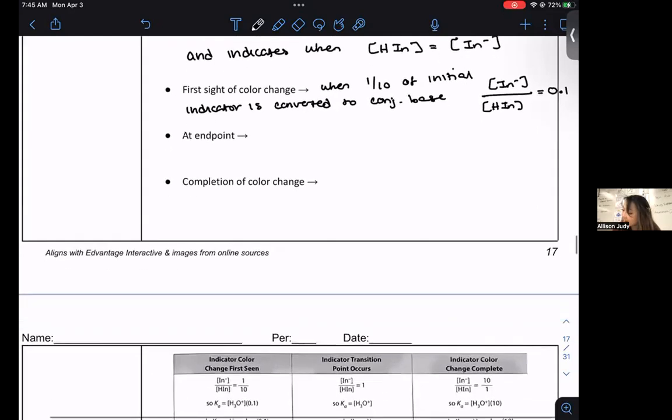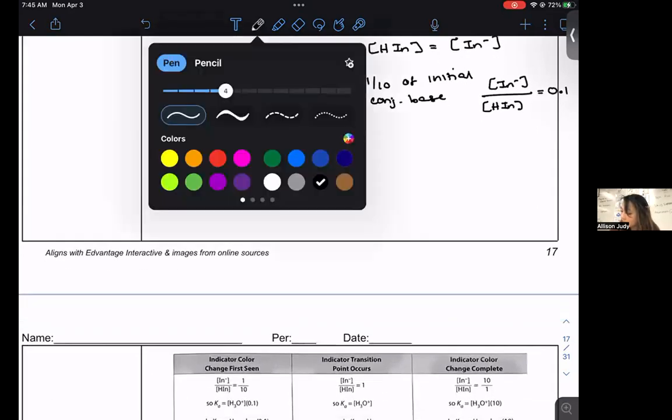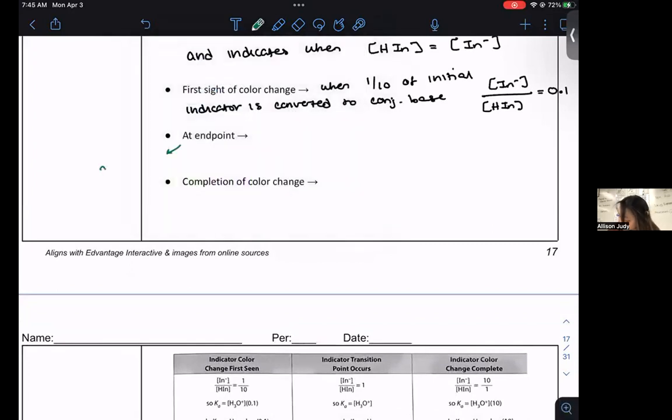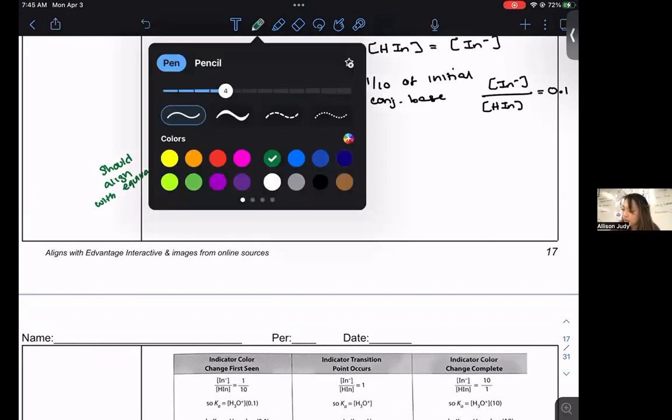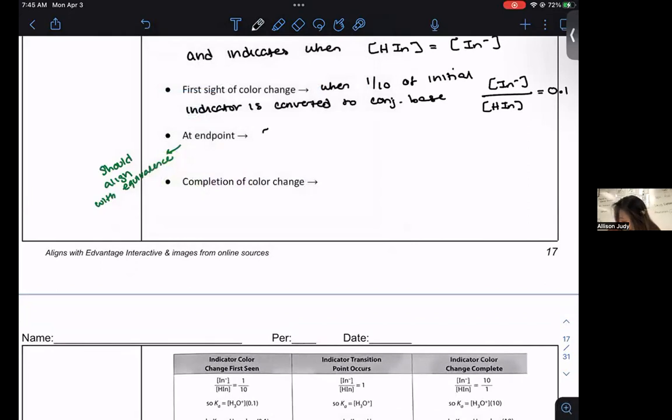Okay. And then at endpoint, which should line up, right? It should align with the equivalence point between the actual titrant and analyte that we're focusing on. At endpoint, we say that the concentration of the protonated indicator is equal to the concentration of the deprotonated indicator. So we have the same amount of acid to conjugate base present in solution. And at this point, we see color change,